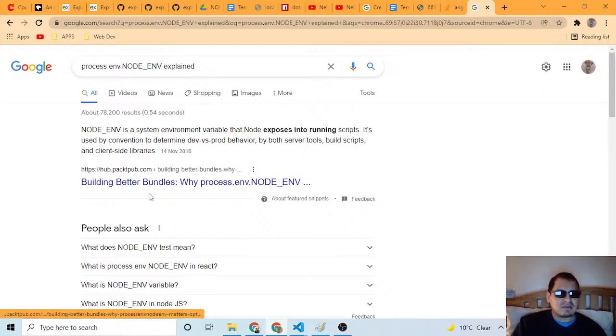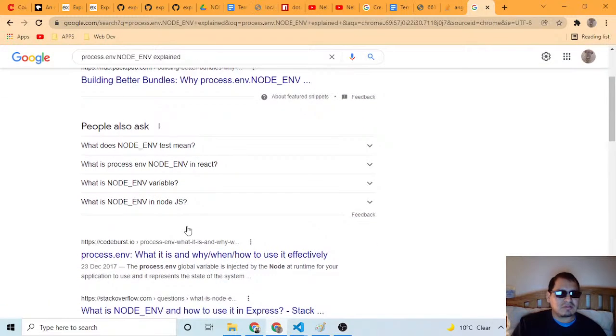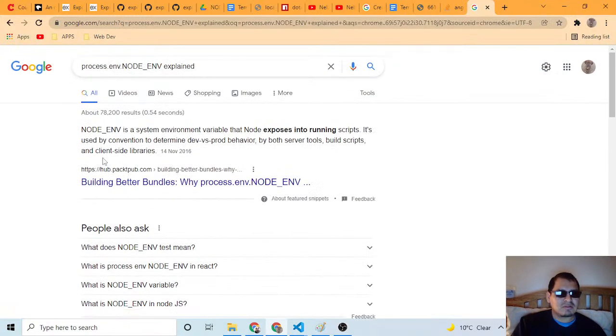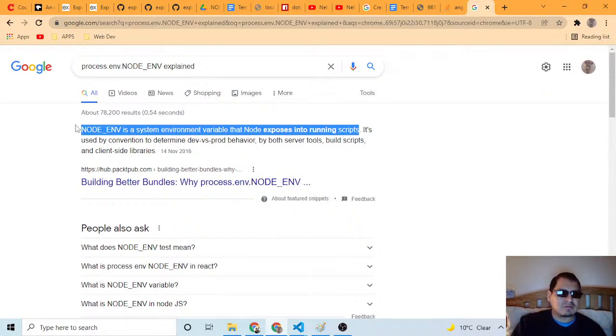Okay. What is this? No, it's a system environment variable, not express. I'm just going to note node env is a system environment variable. I'm going to learn that.